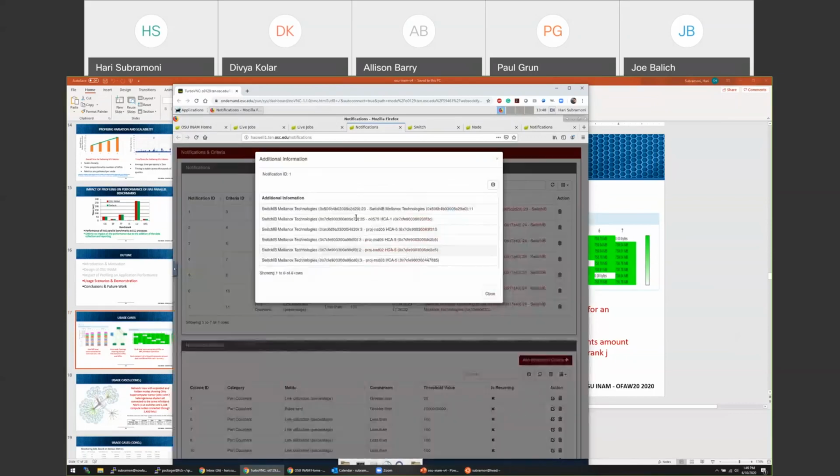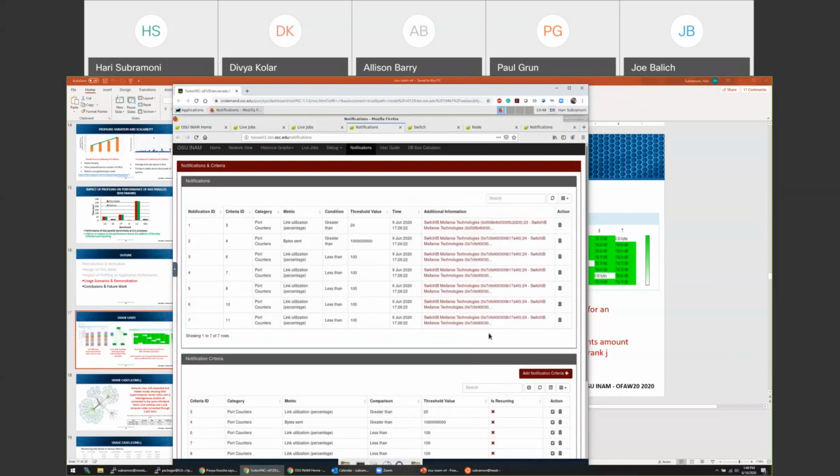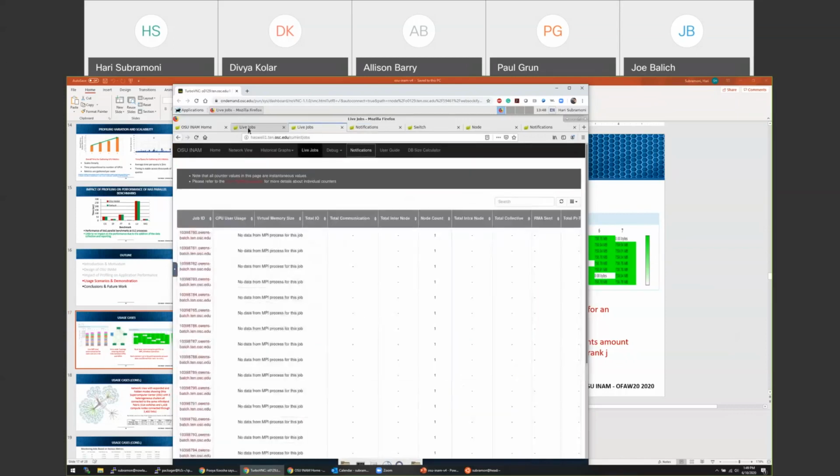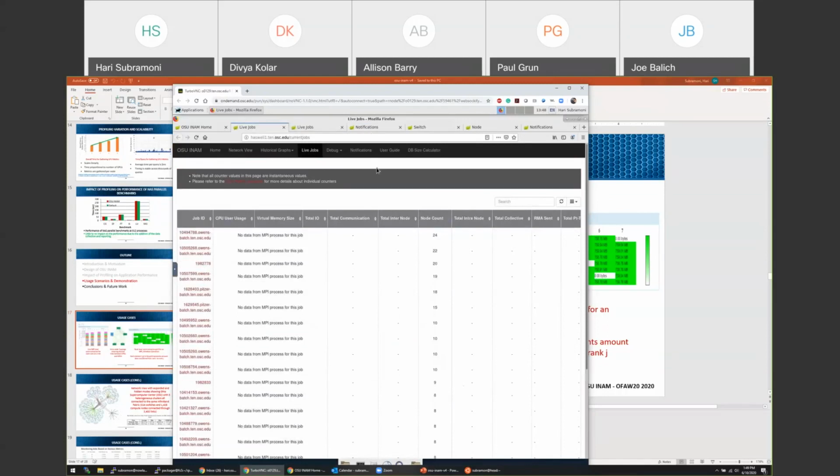If you click on it, you will very clearly figure out which switch, which node triggered that particular notification. So these are some of the features that OSU INAM provides and the kind of scalability that it has.